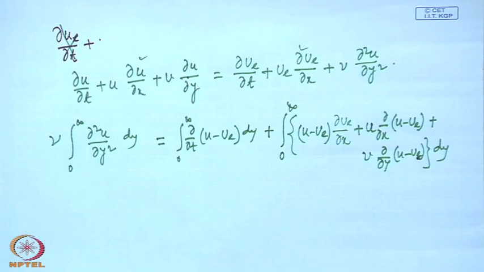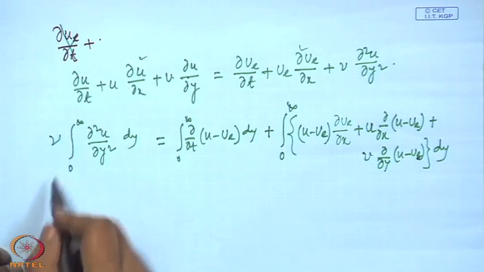So, at the upper limit the value is 0. In the lower limit it is du dy at y equal to 0, or du dy wall. What is that? Nu into du dy, that is the skin friction by rho, tau w by rho. So, the first term is becoming,